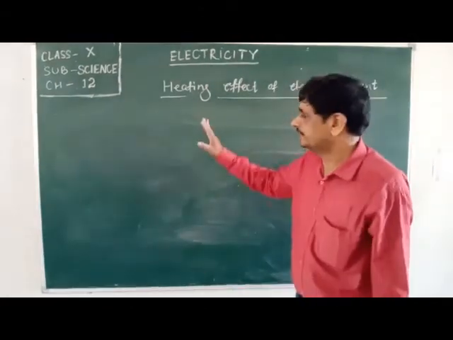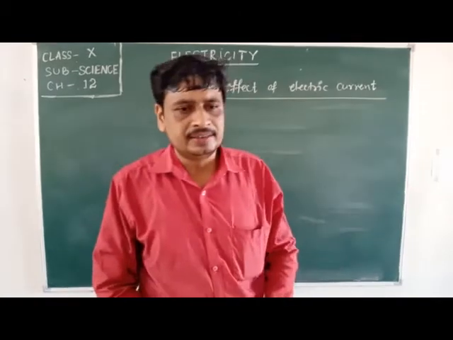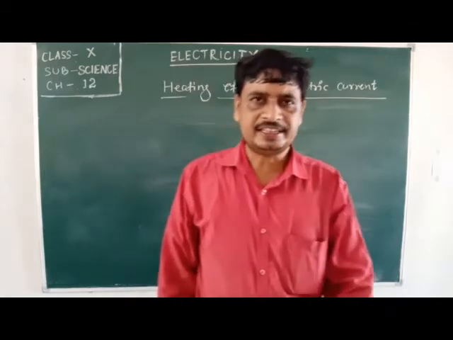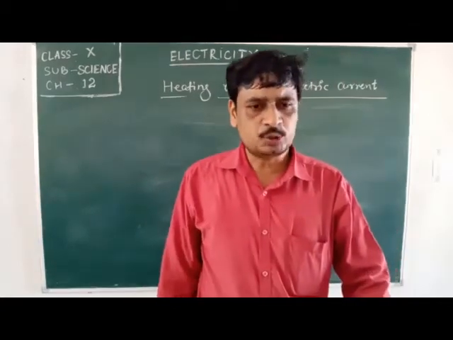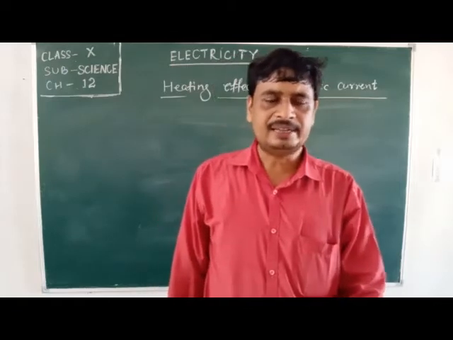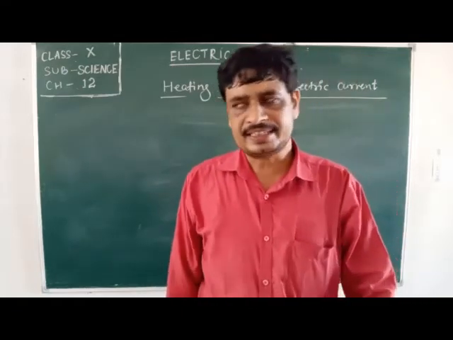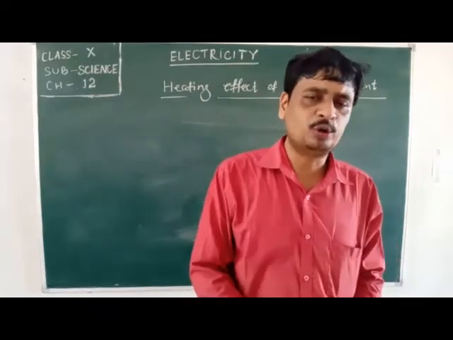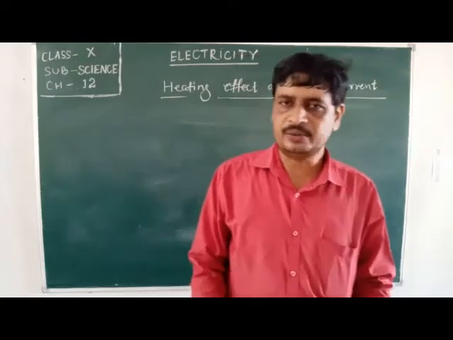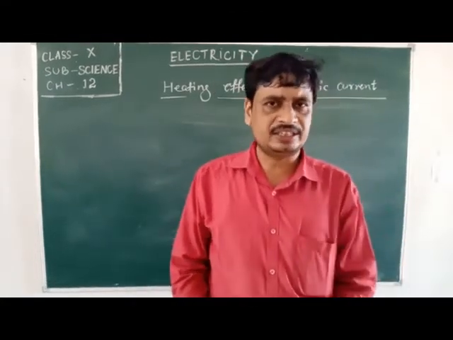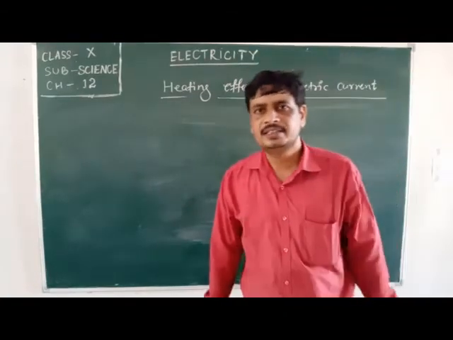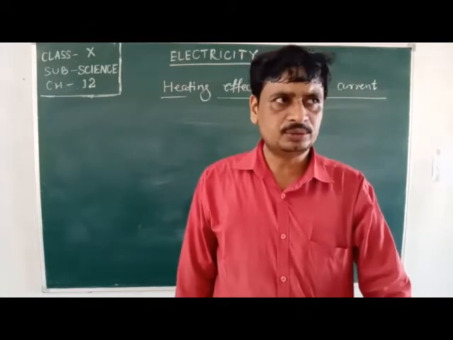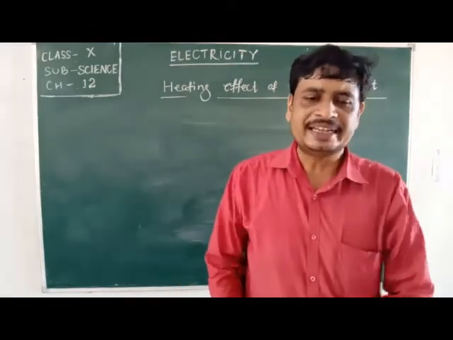Now we discuss the heating effect of electric current. When electric current passes through any high resistance wire like nichrome wire, the resistance wire becomes very hot and produces heat. That is called the heating effect of electric current. Whether the current is small or large, passing through a conducting wire with less resistance or more resistance, no matter, in every case the conducting wire becomes hot. That is only due to the transformation of electrical energy into heat energy.